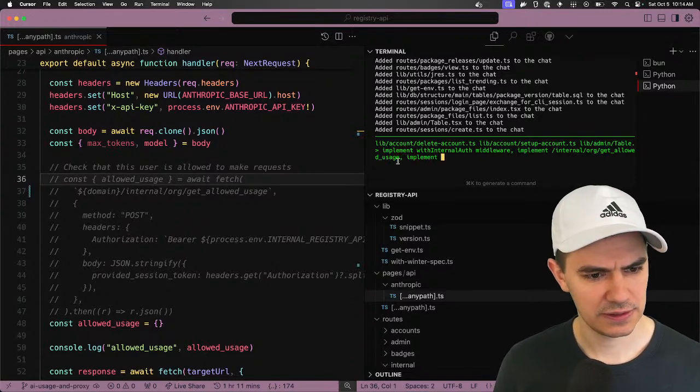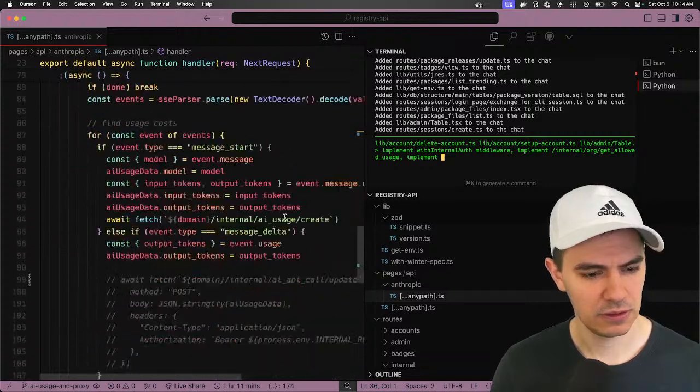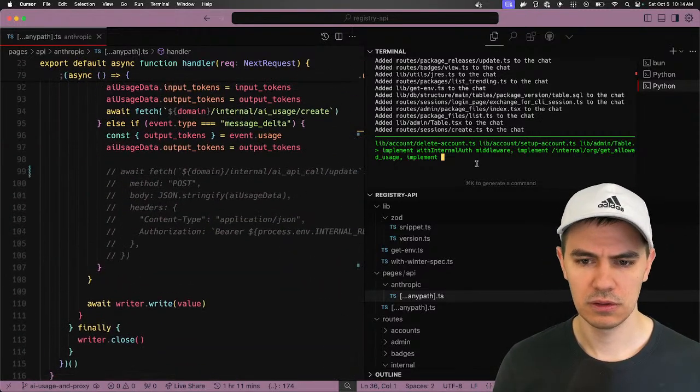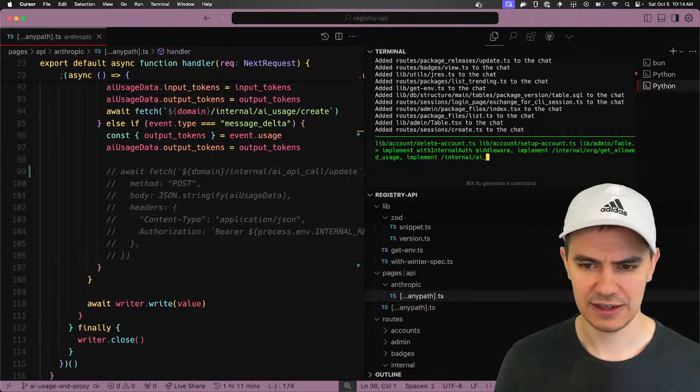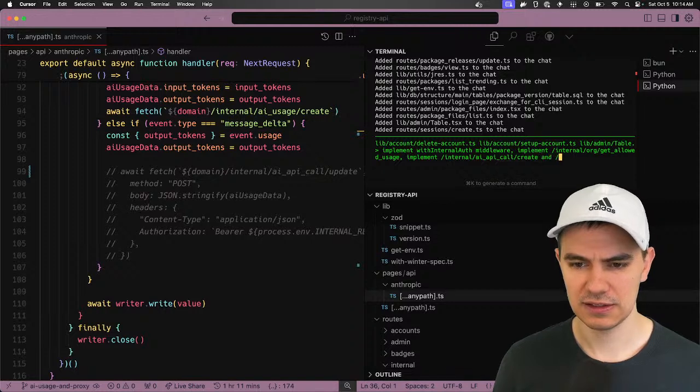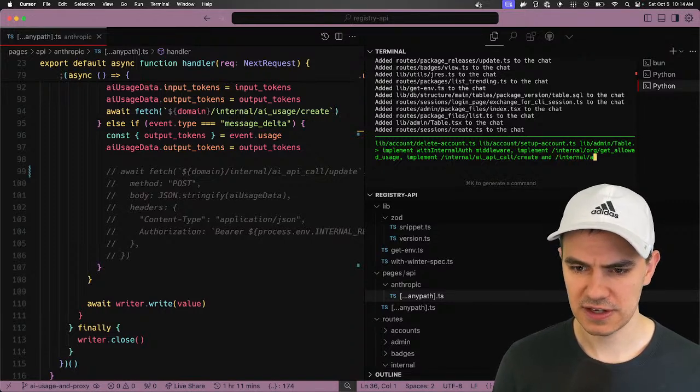Implement. This is going to be tough. /internal/AI API call/create and internal/AI API call/update.